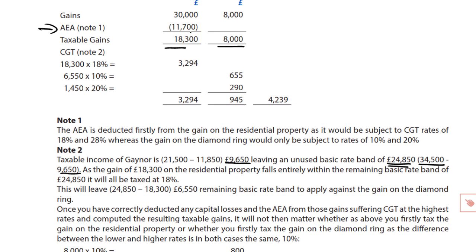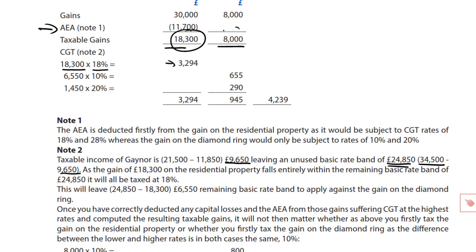Well, as the taxable gain on the property is only 18,300, all of that 18,300 falls within the basic rate band limit, so therefore we get the benefit of the 18% rather than the 28% rate. And that figure, hopefully,